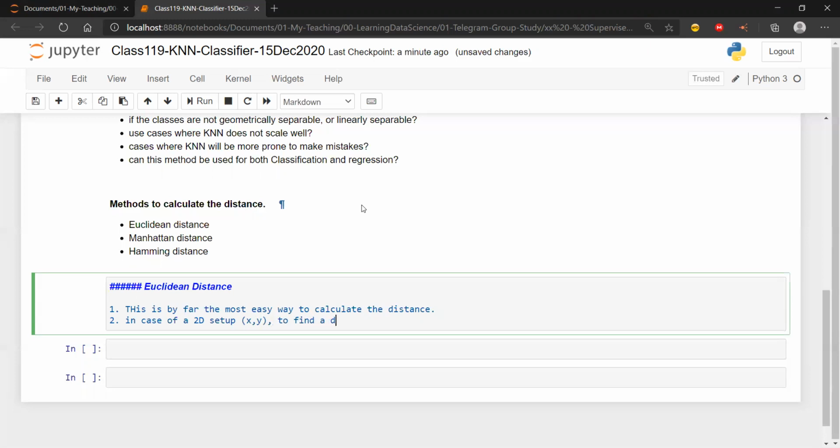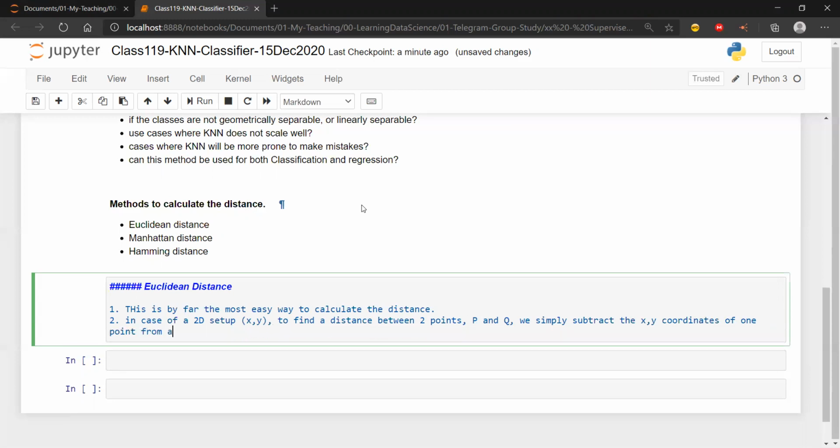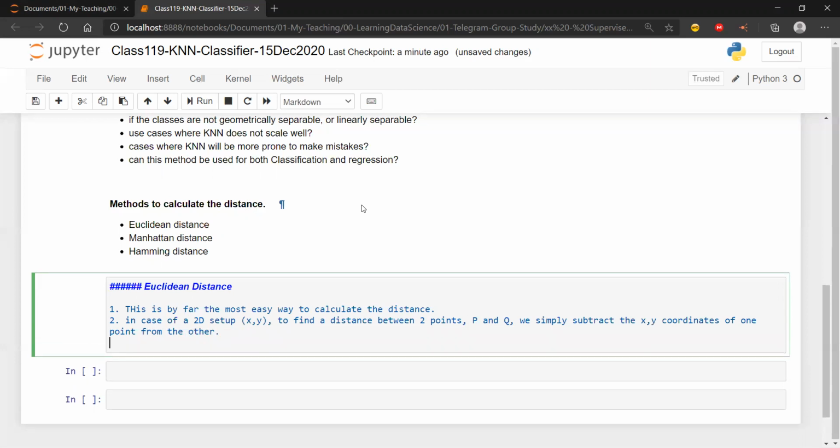Find the distance between 2 points, let's say P and Q. We simply subtract the x and y coordinates of one point from the other. That's all we are going to do.